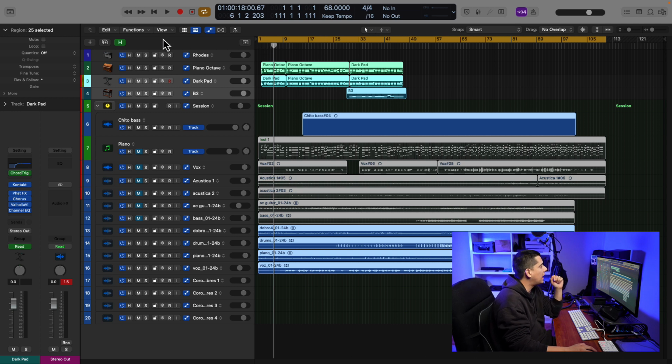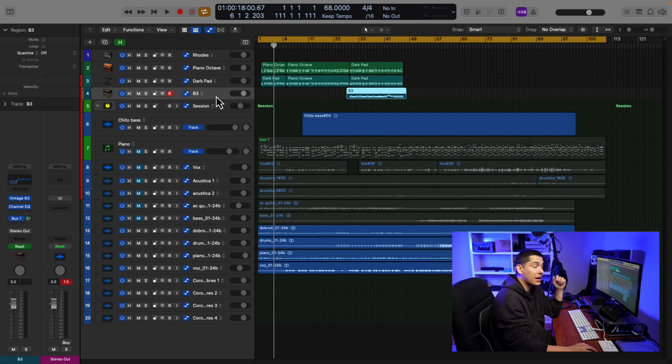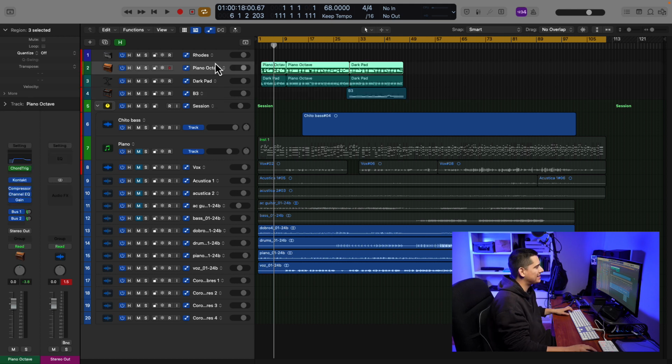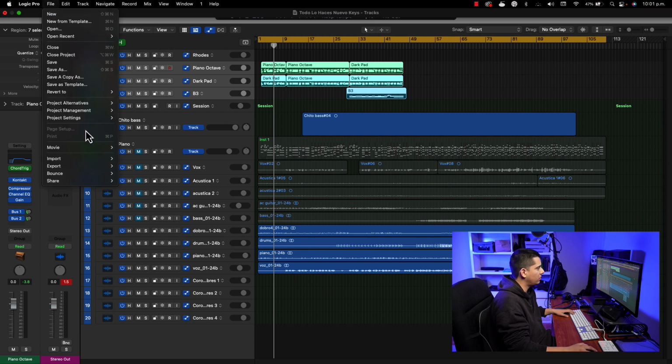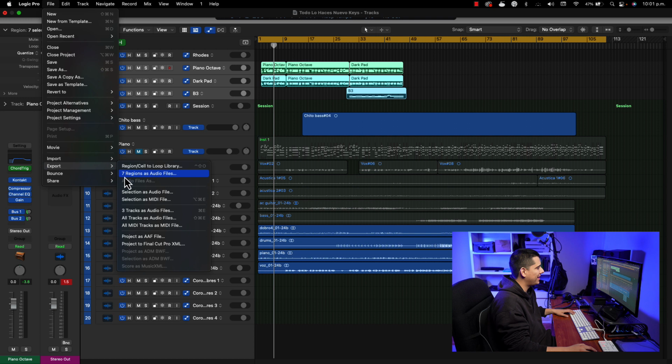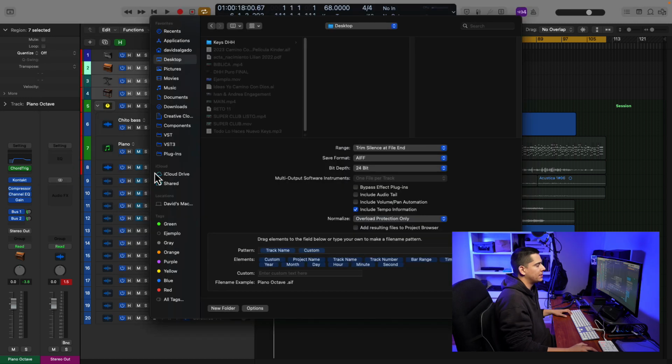Having this, I'm going to select the tracks that I recorded or the tracks that I want exported. In my case, these are the 3 files that I want to export. They have all the plugins and the effects that I want to export with. I'm going to File, Export, and then I'm going to select 3 tracks as audio files, or you can just press Command E. This little window is going to appear, and then you're going to select